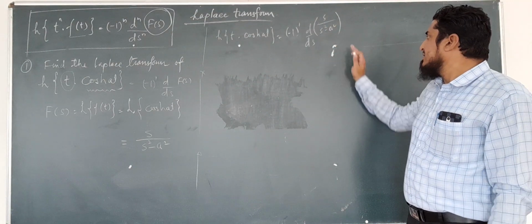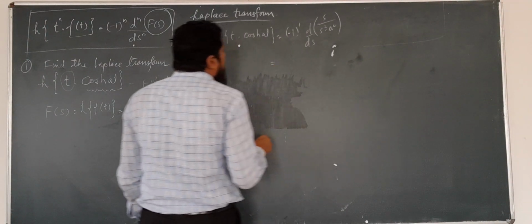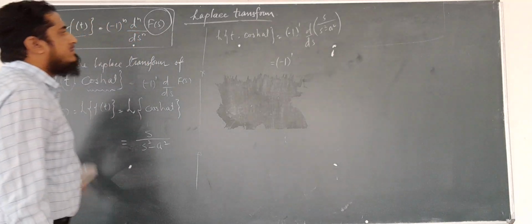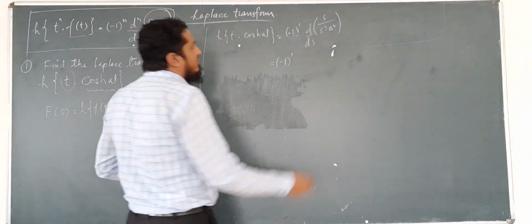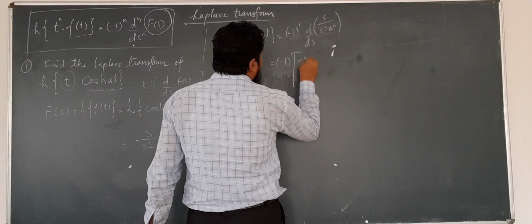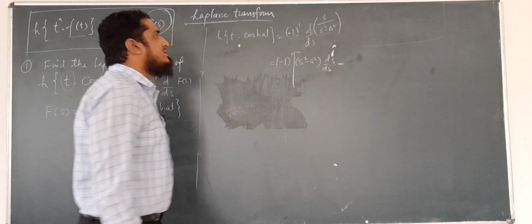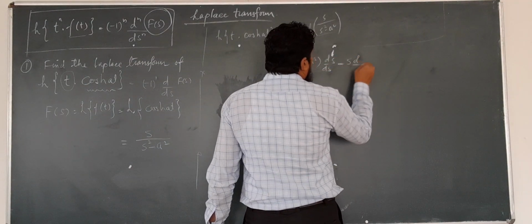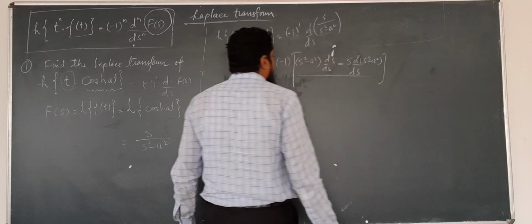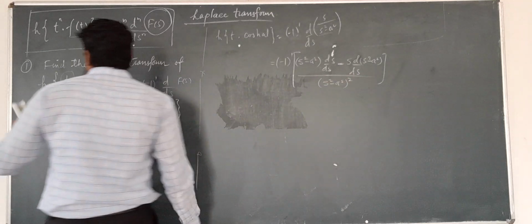I think it is easily understandable. Now find the differentiation of s upon s square minus a square. So we can take the denominator outside, s square minus a square, and differentiation of s with respect to s, minus taking numerator outside and differentiation of s square minus a square, over s square minus a square bracket square,